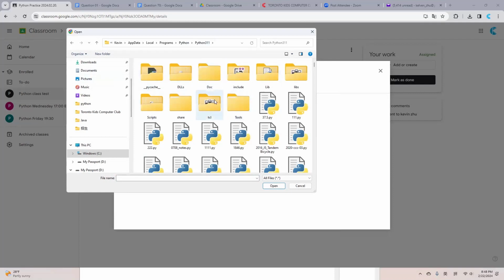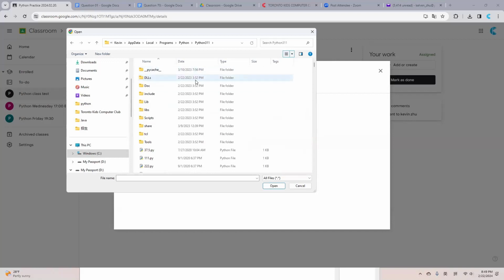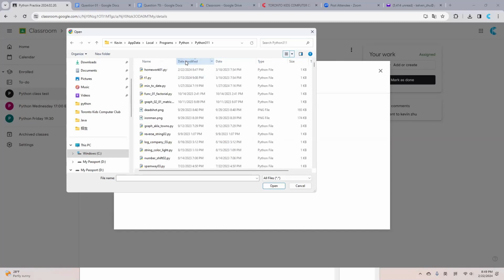Okay, so over here, if you have a lot of files, I do recommend you organize the files by date. So you can have options to show the details. Over here, you can right click it. Make sure you have date modified checked. Okay, we move this date modified over here and click this date modified. If you click date modified, you will see this homework 01 at the very, very top, and this is actually the current date. You click it,